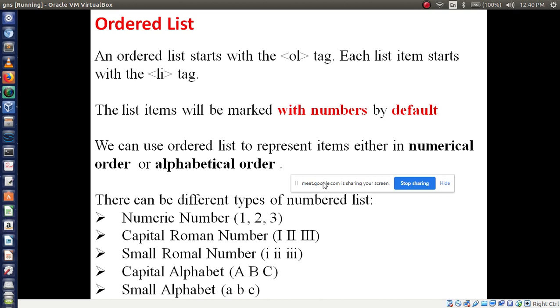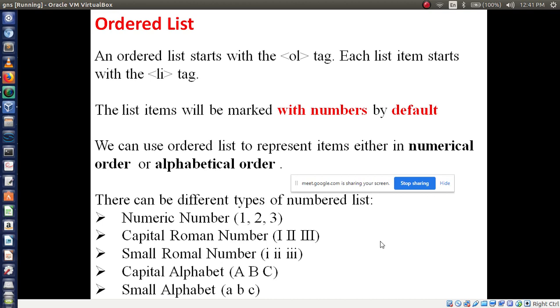Here order list can be represented in two ways, numerical and alphabetical order. Numeric means 1, 2, 3, capital Roman, then small Roman, capital alphabet, small alphabet.